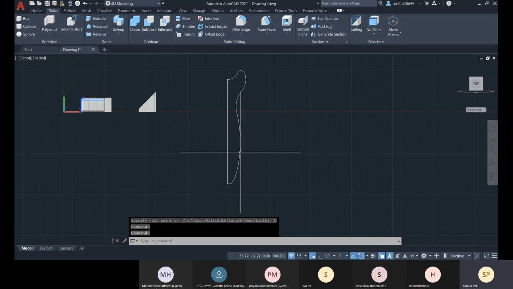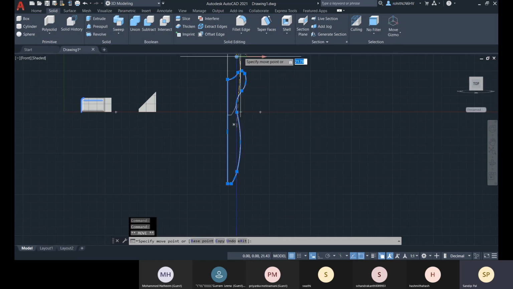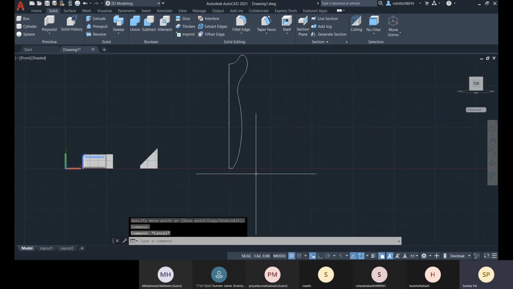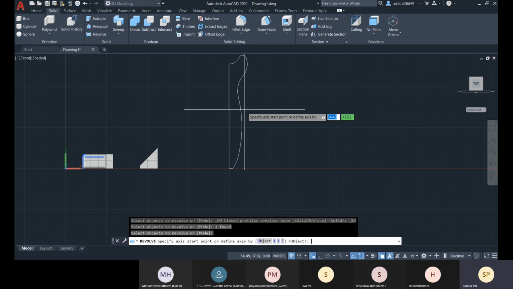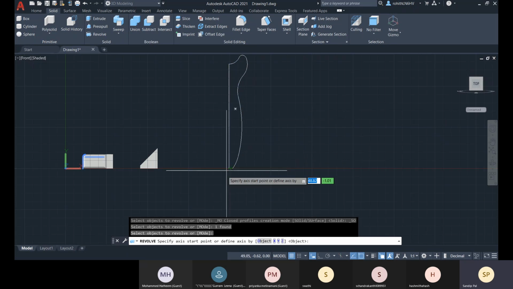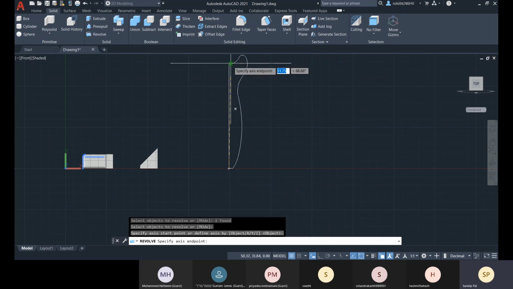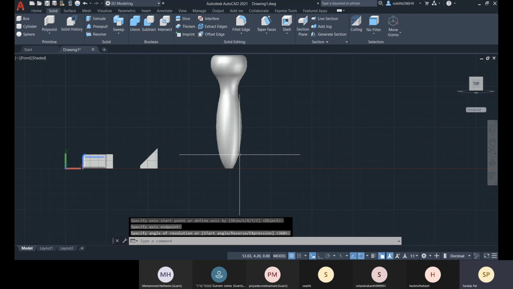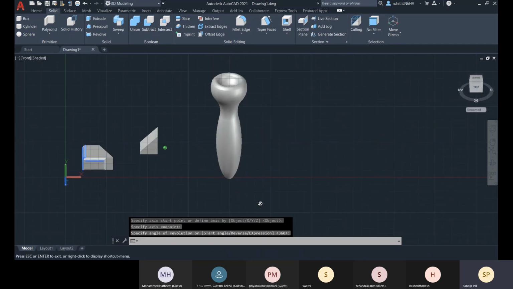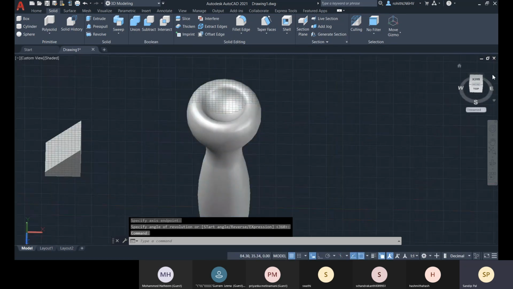Okay, and now let me bring it to the top here, and let me go for this revolve option. Select it, enter, and then you specify the axis from this to this, and you give the 360 value there, and that is created.